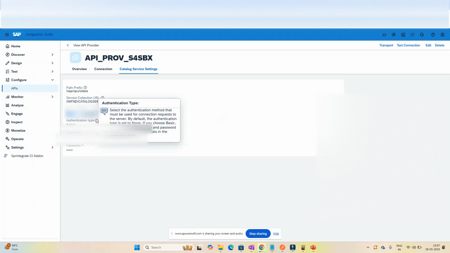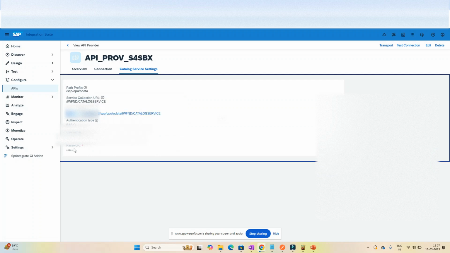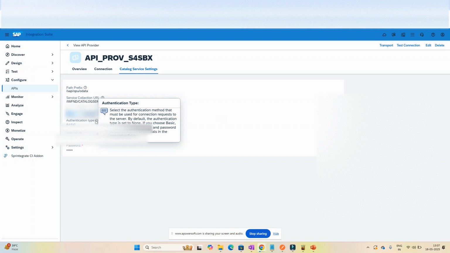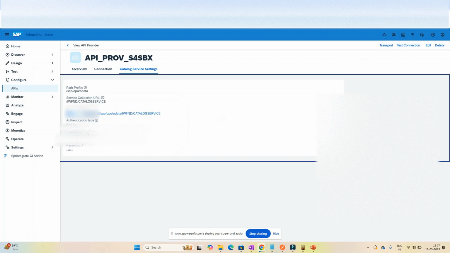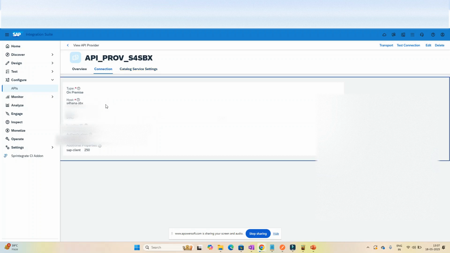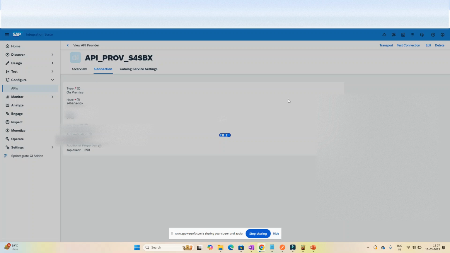Authentication type would be basic in this case. There are other options as well, which we can cover later on, and then username and the password. Now, if the username and the password are correct, and the connection details are correct, especially the cloud connector details, and you do a test connection,